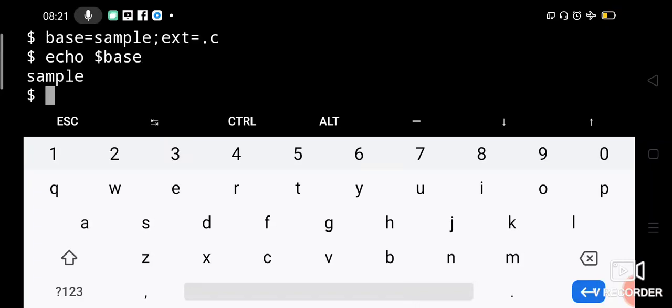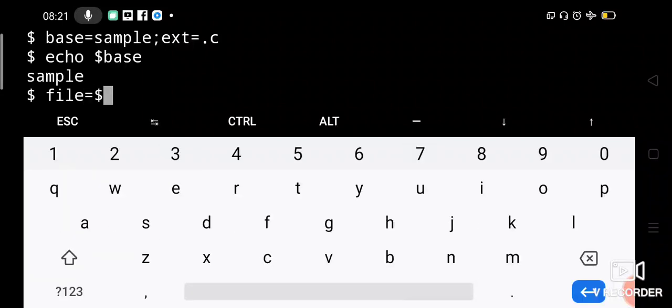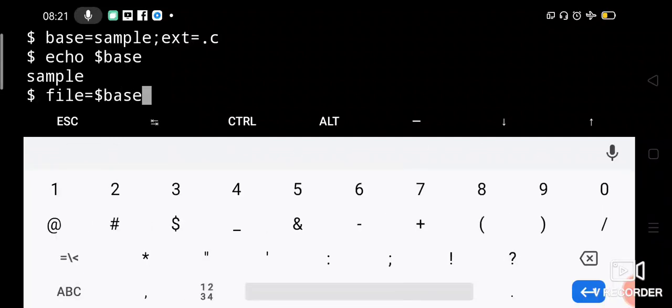Yes, it is assigned. Now we will combine both of the values of base and extension and store in a variable called file. So file equal to $base$ext.